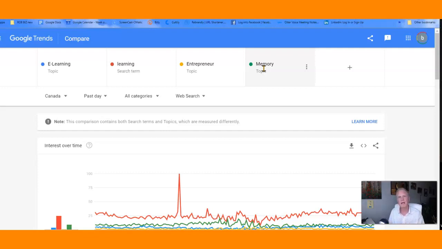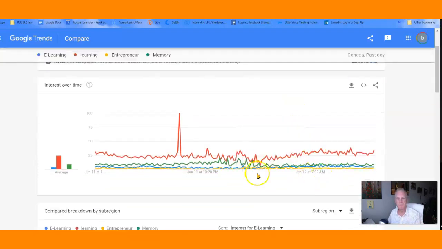This is where the data comes into play, and you've got to pay close attention. Now, to find something evergreen, I've put Canada in here for the past day, all categories, web search, and this is including Google and some other search engines. Now, these are the topics. As you can see here,